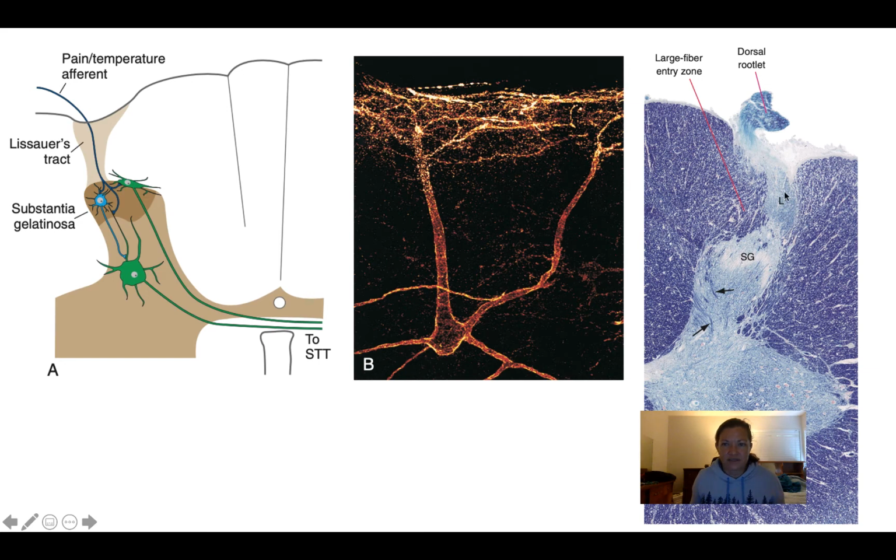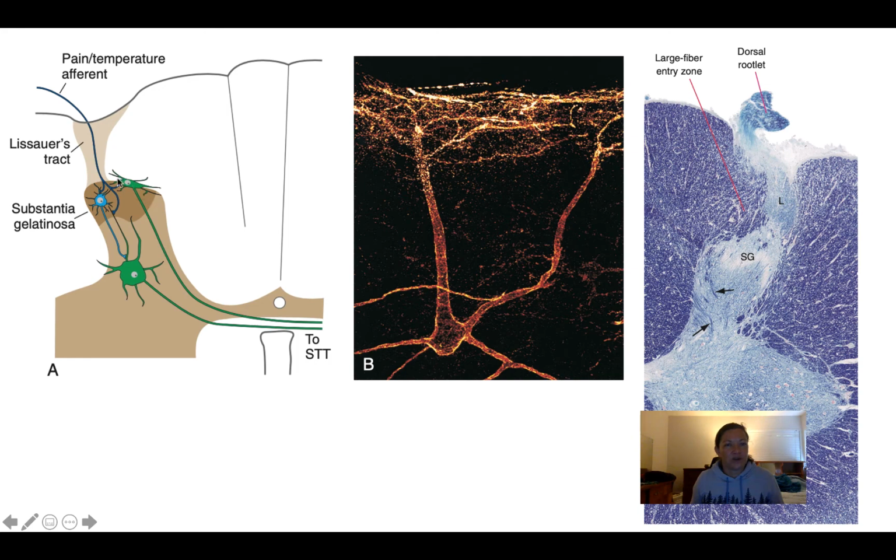where the axons of those small or thinly myelinated fibers sometimes travel rostrocaudally for a few segments before synapsing in the dorsal horn. The large fiber entry zone is a little more medial, and you can see the arrows here are perhaps proprioceptors synapsing deeper in the dorsal horn, but the small diameter afferents are going to synapse superficially, and so some of them will synapse here immediately, the majority of them,